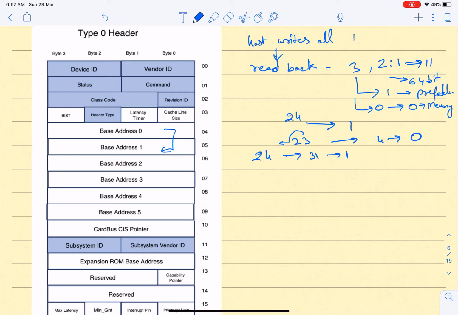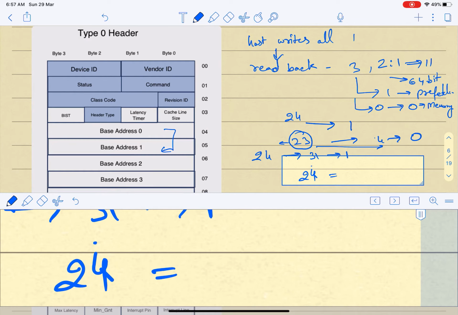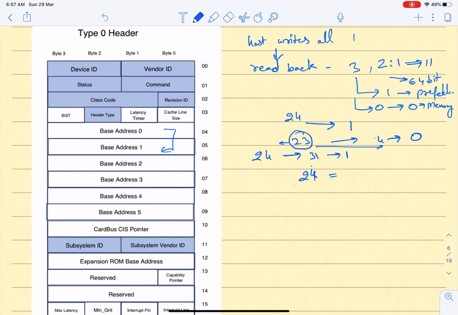As 23 down to 4 is 0, it means that this particular BAR register is associated with memory of 2 raised to 4 is 16 kilobytes. No, 16 megabytes, so it is telling that this particular BAR register is associated with 16 megabytes,